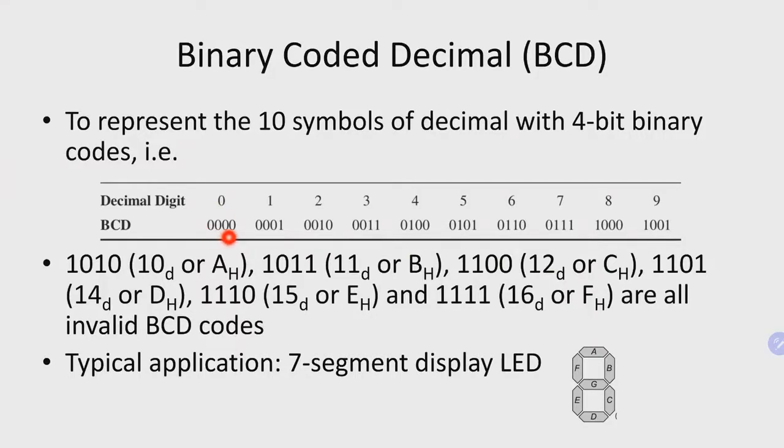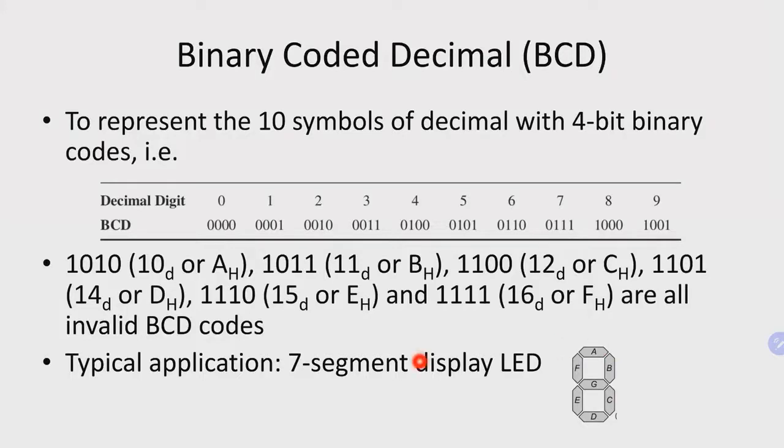But in 4 bits, our binary number can go up to 15. So we're going to discard the binary numbers for 10, 11, 12, 13, 14, and 15. All these codes for 10 to 15 are invalid binary coded decimal. So we make every symbol in decimal into an equivalent 4-bit binary. The application of this is what we know as a 7-segment LED display. So we have 7 LED lights to form